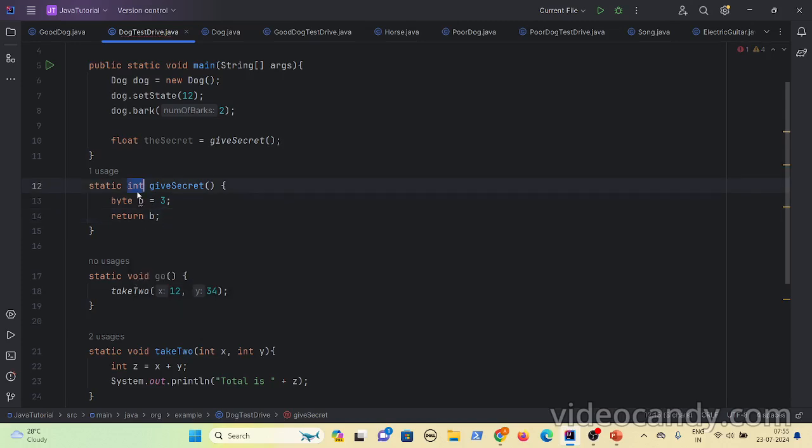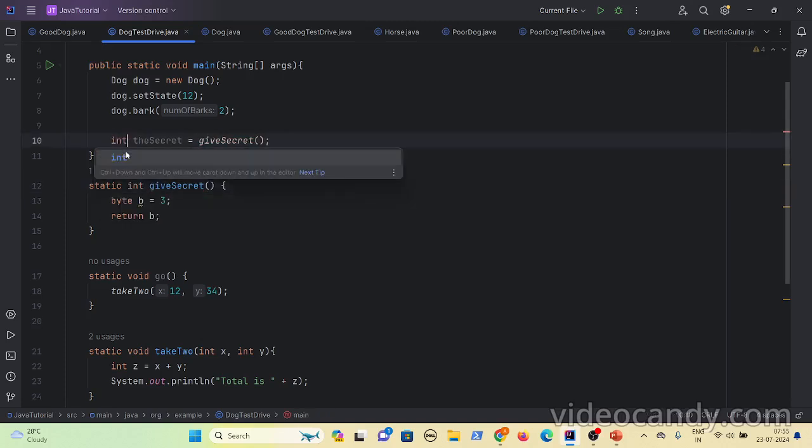let's say you have an integer. Here also you declare integer. Now this will work fine because byte is a smaller type, and as we have already discussed in the previous video, smaller values can be typecasted to the larger values by default. Because the integer range is larger than the byte range, whatever values are present in the byte can be put in the integer as well, so it will not throw any error.